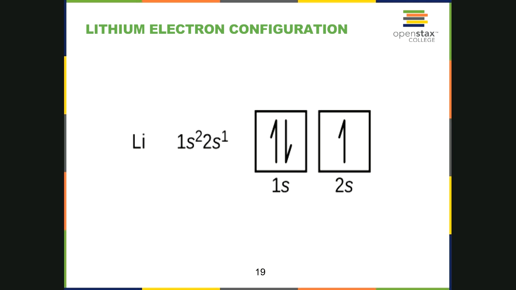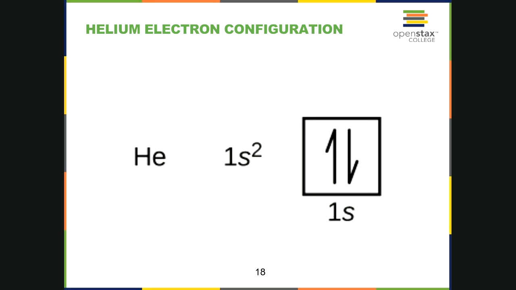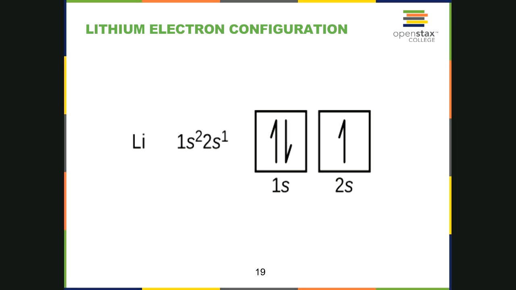So next we would have lithium. Its atomic number 3 has 3 electrons. 2 of those electrons are in the 1s orbital, so it looks just like it did for helium as far as the 1s orbital goes. There's 2 electrons in the box. But there's a third electron, because there's 3 together. That third electron goes in the next row of the periodic table, and it's going to be in the 2s